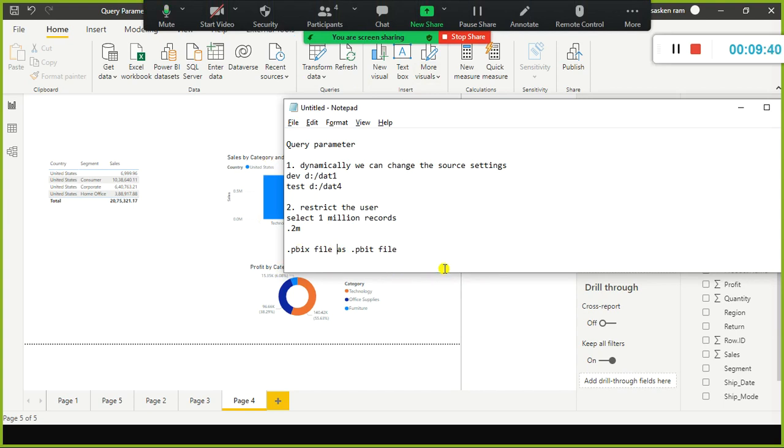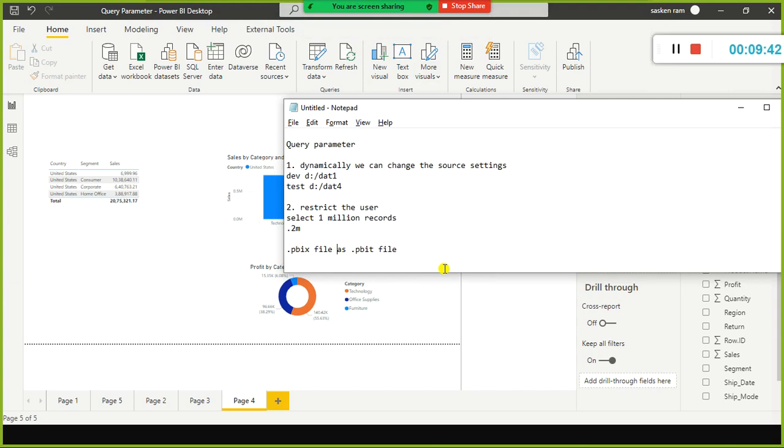I don't want to share the master file with other people. If I allow them to view my original master file, they might change the parameter value, or they might make some changes to it. I don't want them to make changes to the master copy. Instead, I'll share this copy. So while opening this, they should be able to see their relevant region or the relevant country which they handle. Okay, as simple as that.